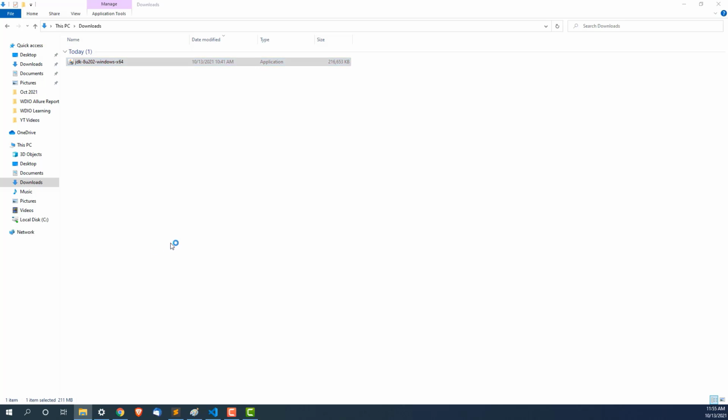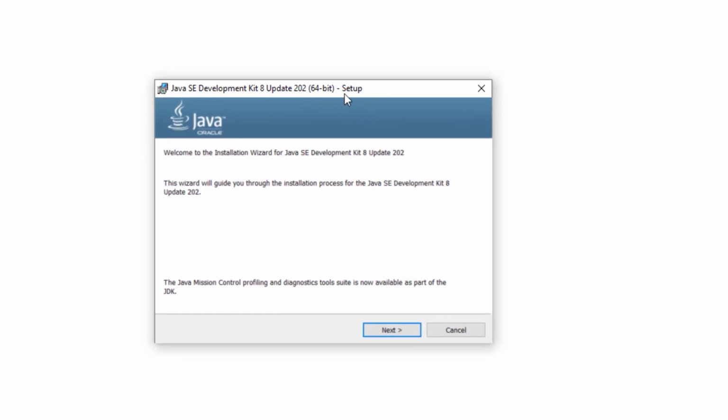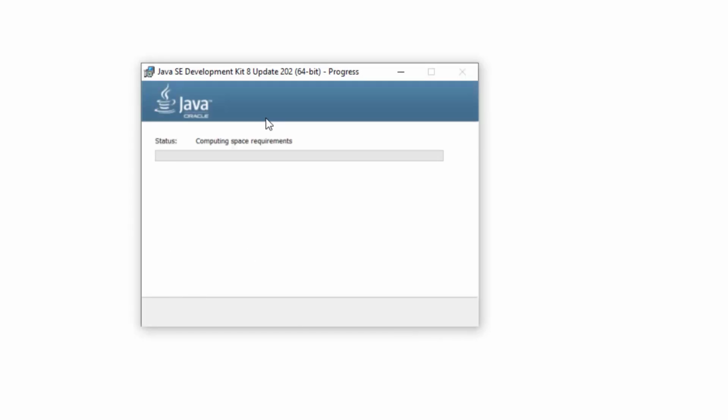So let me show you that as well. As you can see, it is now asking you to complete the setup. No problem, click on next, and again you can see it is asking, do you want development tools, source code? Just select the default options, click on next, and it's going to take a few seconds, and it will install JDK 8 in your system.